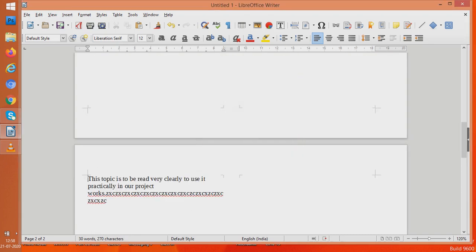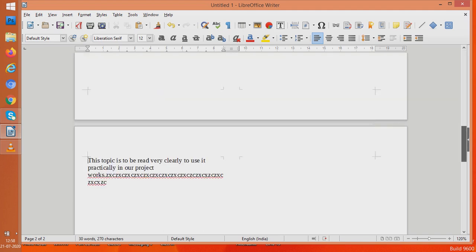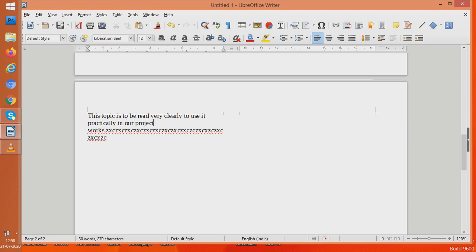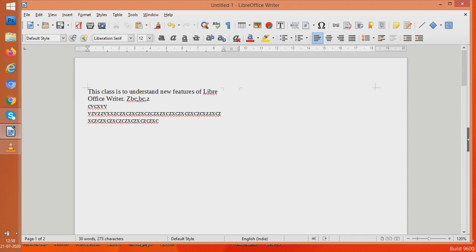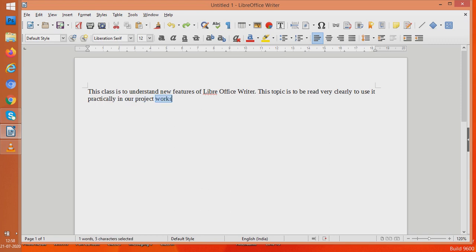See, now what happens? The first column has text. I used column break for the second column, so the second column has nothing within it, and the third column, in the next page, has something. You can go to the fourth column and use it again. So in this way you can use things. I think students, you understood how columns are broken and how a page can be converted into different columns. Now let us undo it so that we can go for further studies. So I undo these column breaks and I am back to where I was.